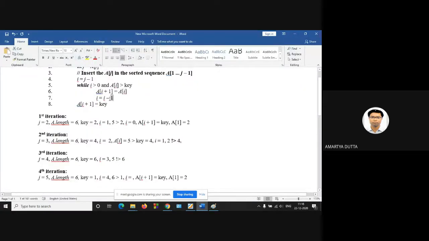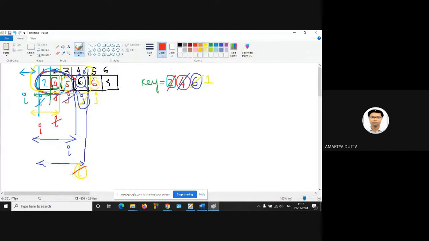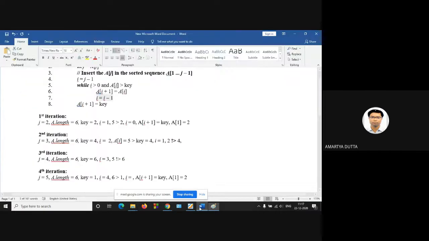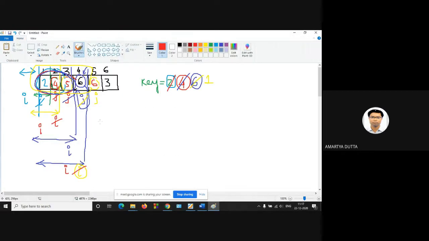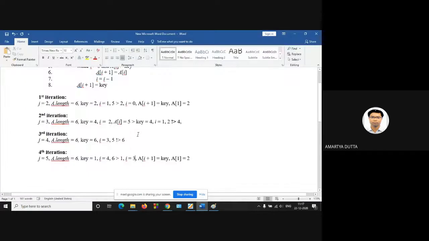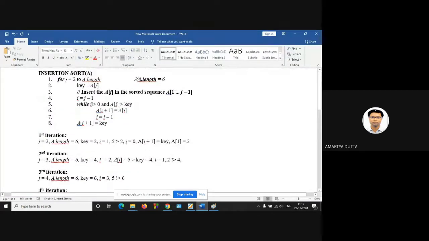Okay, next decrement the I by 1. So your new I is now at position 3. Now I is greater than 0.